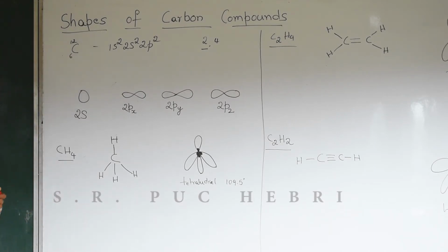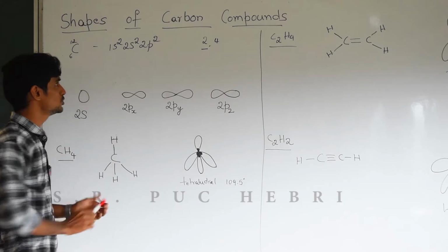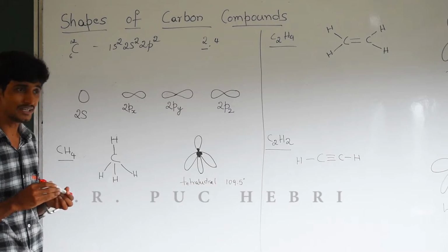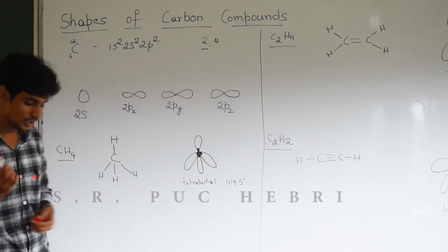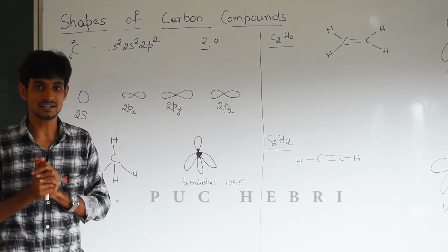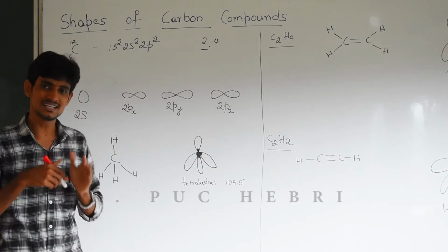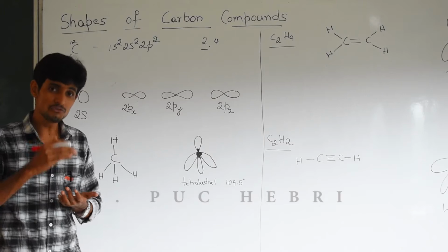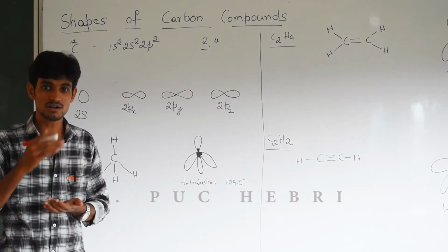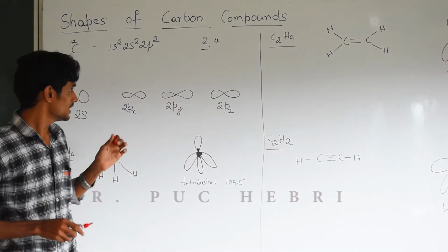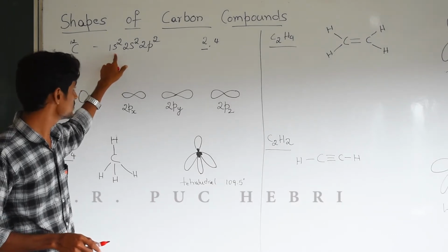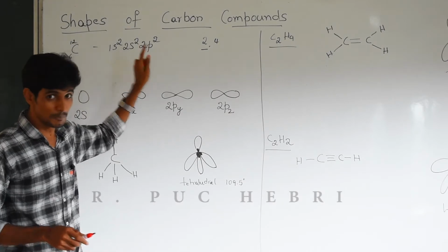Now the electronic configuration of carbon is 1s2, 2s2, 2p2. Up to SSLC, or in class 10th, you might have studied electronic configuration. The electronic configuration is nothing but the distribution of electrons around the atom. If you consider any atom in the periodic table, how you distribute the electrons around this atom is called the electronic configuration. Now carbon has 6 electrons, so this is distributed as 1s2, 2s2, 2p2,